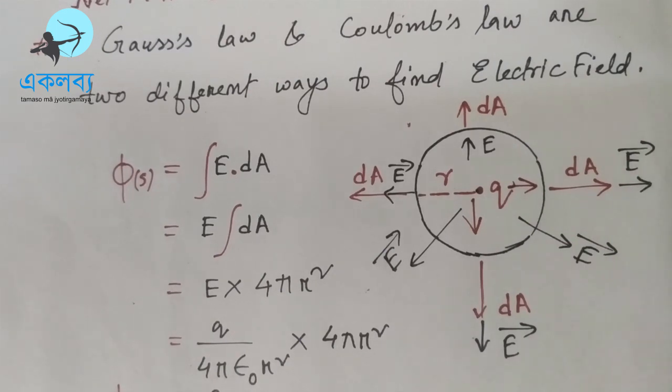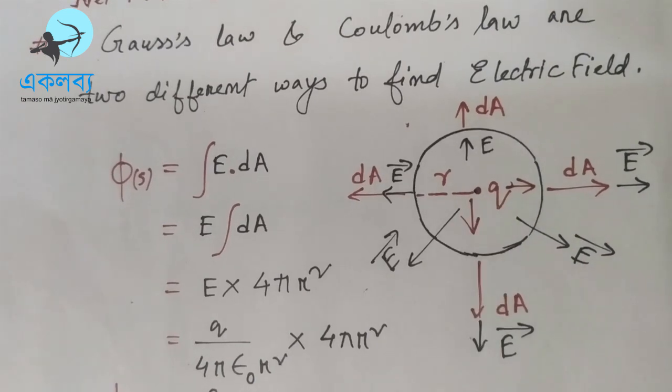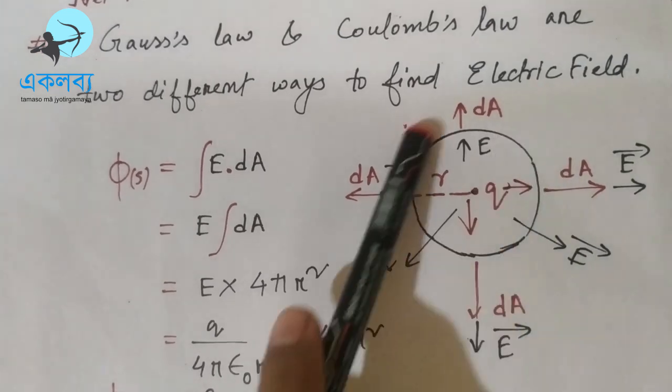Okay. Now while integrating E dot dA, we need to look at whether the electric field is uniform or constant or not. But you know, the electric field due to a point source varies with distance r. So the electric field is a varying quantity. So it may create some problem here. But fortunately, we have selected a spherical surface.